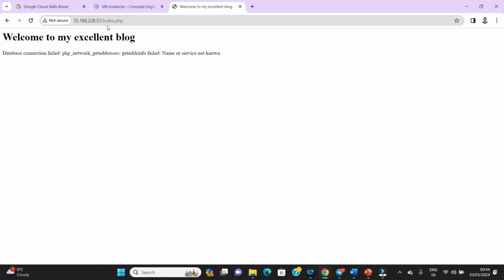So it shows that we are able to connect with our machine, and also this default page has been visible to us, but we are not able to connect to a database because we have not provided the credentials properly. We need to provide the name of the database user and the password. So let us go back again and do all the fixing that we missed here.